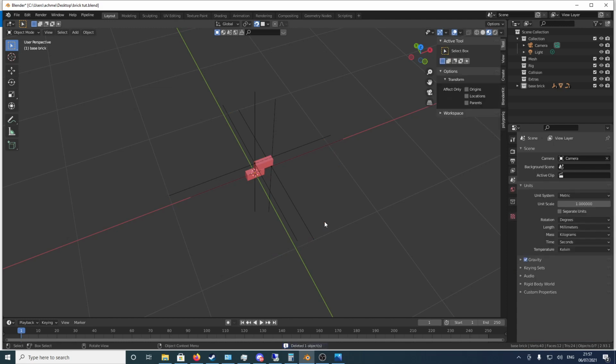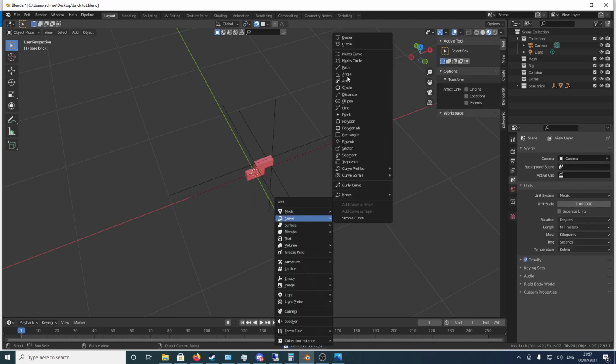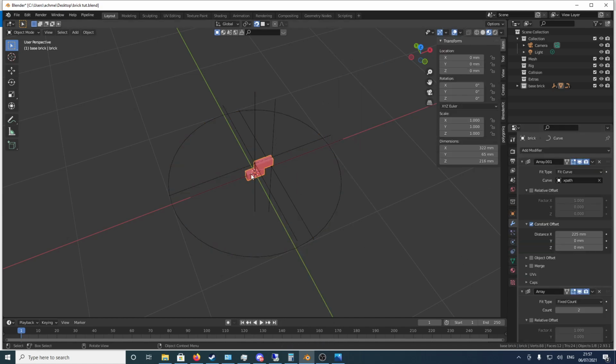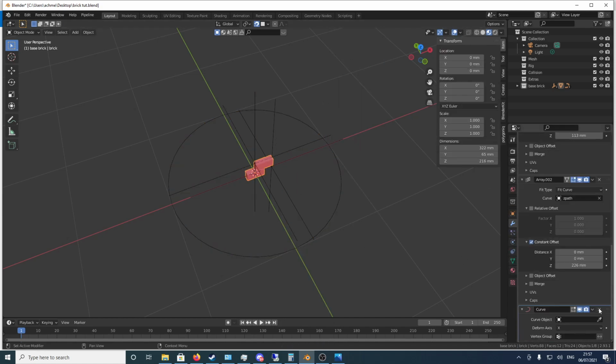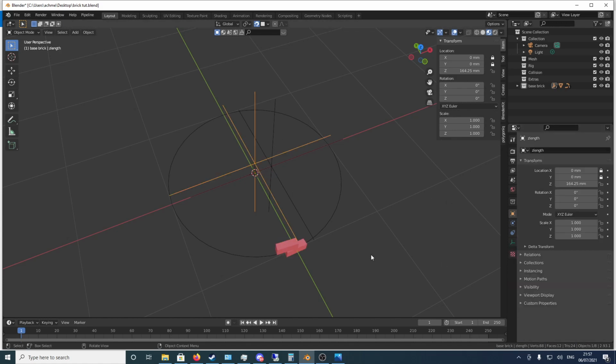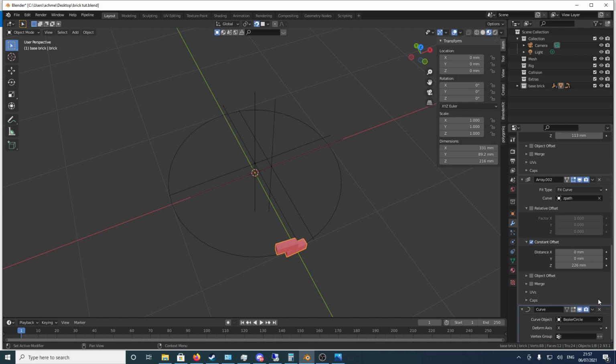That's not a curve, is it? Shift add curve circle. There we go, that's much better. So we select the bricks. We then tell it we want to be on the circle, and you see how it jumps out to the outside edge. So now what happens is, if I take the brick, what we are doing is